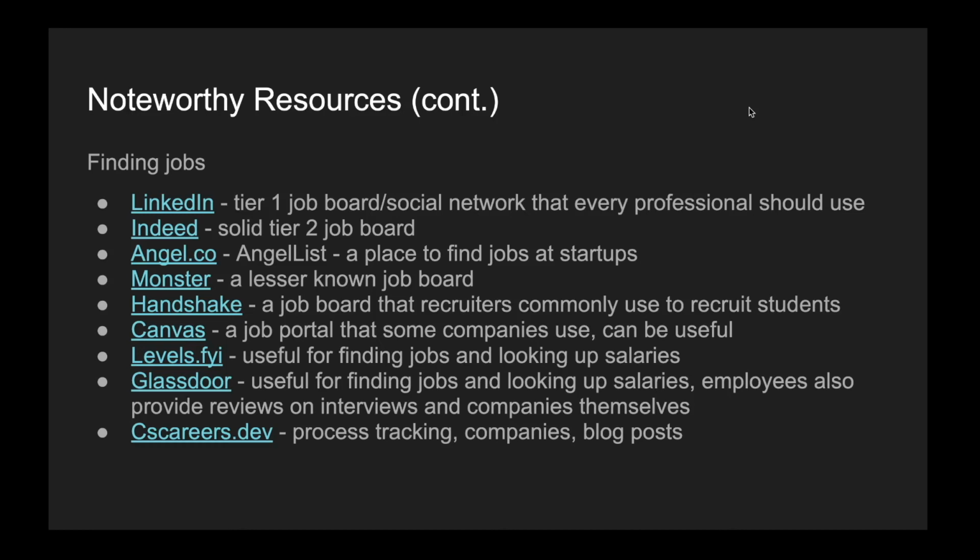But if you have a side project, definitely put it on your resume. Side projects are really good because they show that you're passionate about the field. So you should definitely try to have side projects. But there are people that have no side projects but do have job experience or work experience, and are able to get a job.